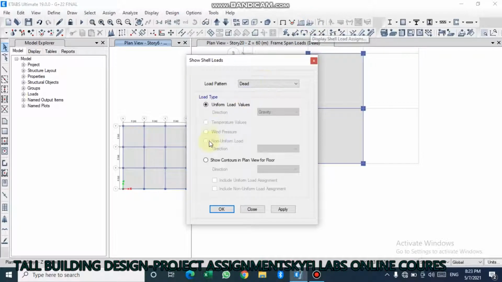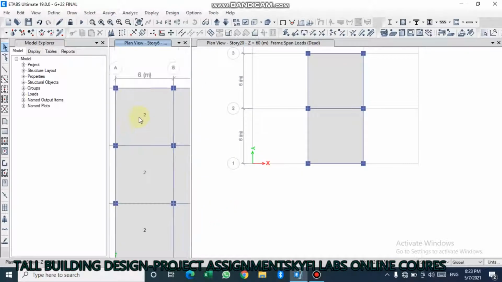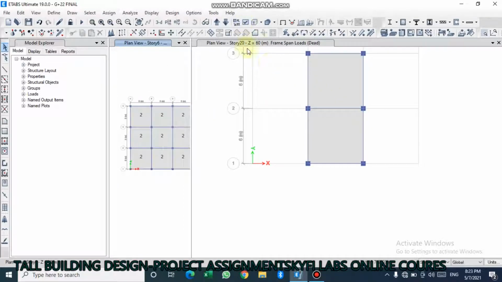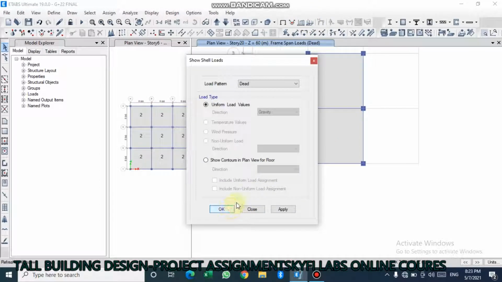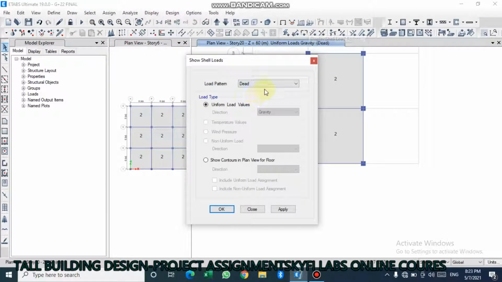Oh, shell loads. Okay. So this is the dead load provided on every section. You can see for the last section also we have 2 kilonewton, and for the first section also. And now we have also applied live load on it,